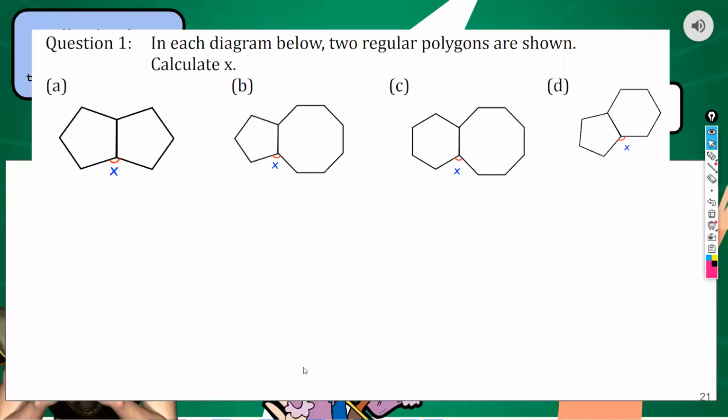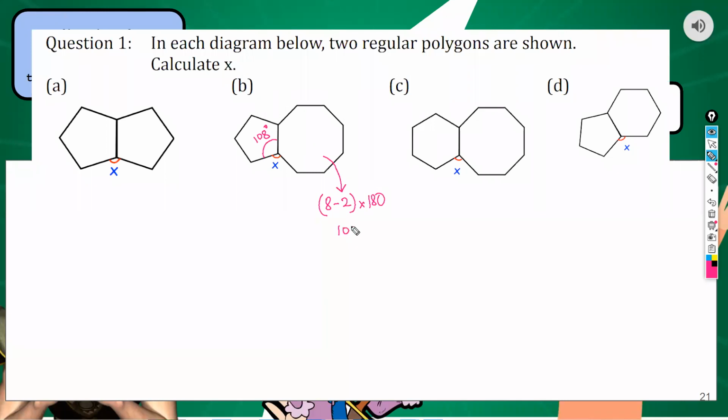Take down what you need. So just to save some time, we know the first shape is a pentagon. So we know in a pentagon, we did it twice this morning, if we do the calculations, the angle over here is going to be 108. But what about the octagon? If we use the formula, an octagon has 8 sides. So it's 8 minus 2 multiplied by 180. That was the formula, okay? So 8 minus 2 is 6, multiplied by 180,